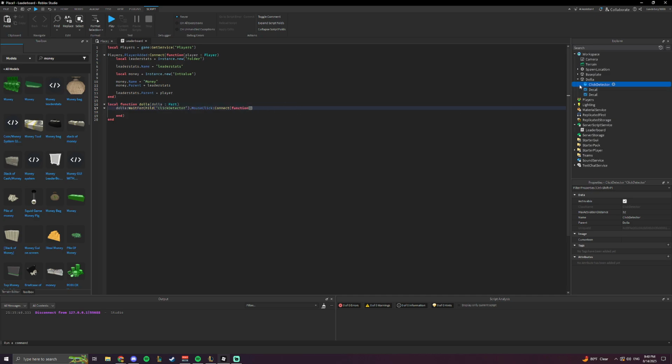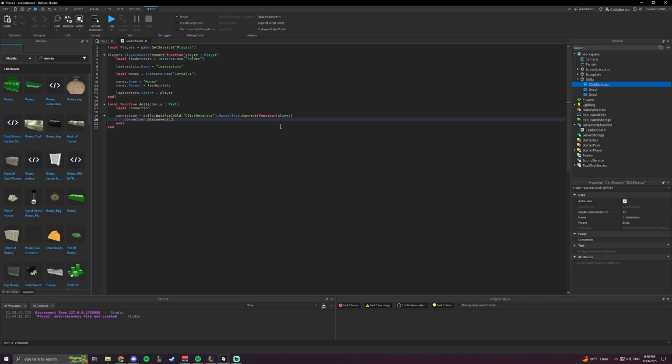Click detectors have an event called MouseClick, I think, and when a player clicks, the argument it gives is the player itself, or themselves. And I'm gonna make it a variable. So the function is going to be a variable. This way I can do this connection